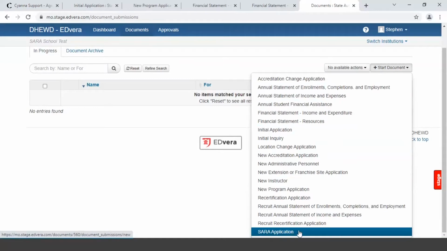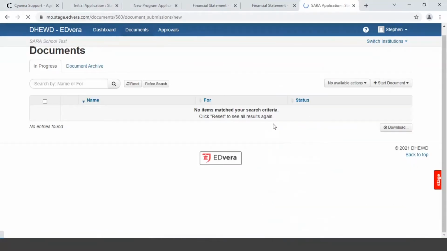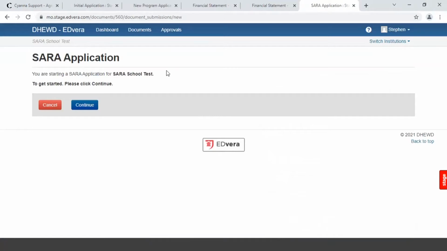And just FYI, I'm not expecting everybody to just take notes and follow along. We do have a user manual that we are going to send to you, and it will have step-by-step instructions on how to do all of this. So the first thing it will say, are you really sure you want to do this document? And we're like, yes, we do want to do the document. So you would just click continue.